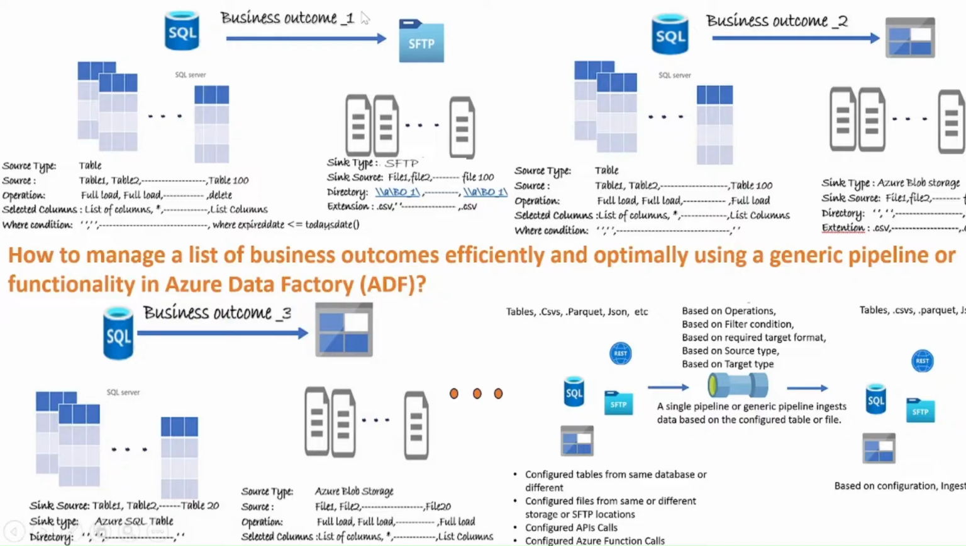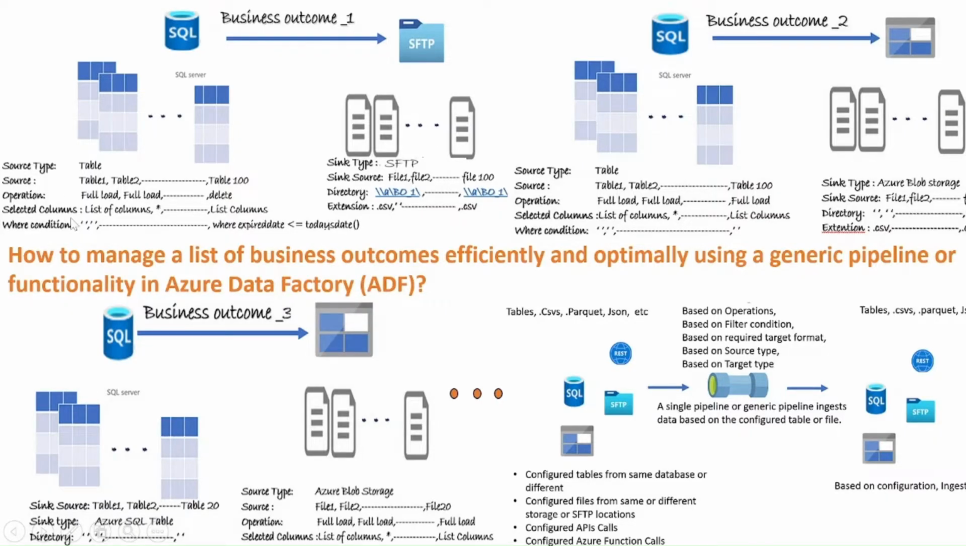So let's see what we have in business outcome 1. We have a source as a database, which is Azure SQL database, and a sink as SFTP. Here I can have one table or 100 tables, let's say 100 tables or more than that, and the operation can be delta load, full load or something like that, but here we have a full load for some tables and a delete operation for some tables,